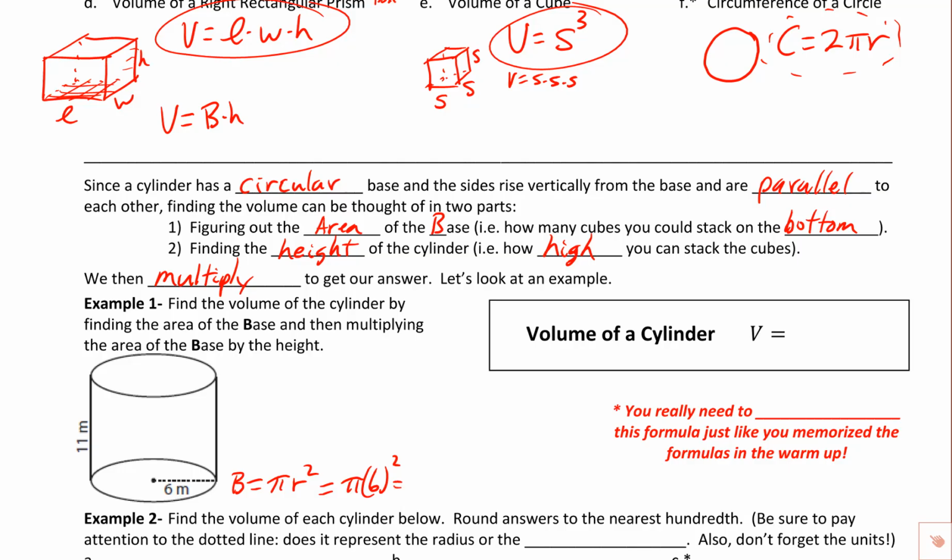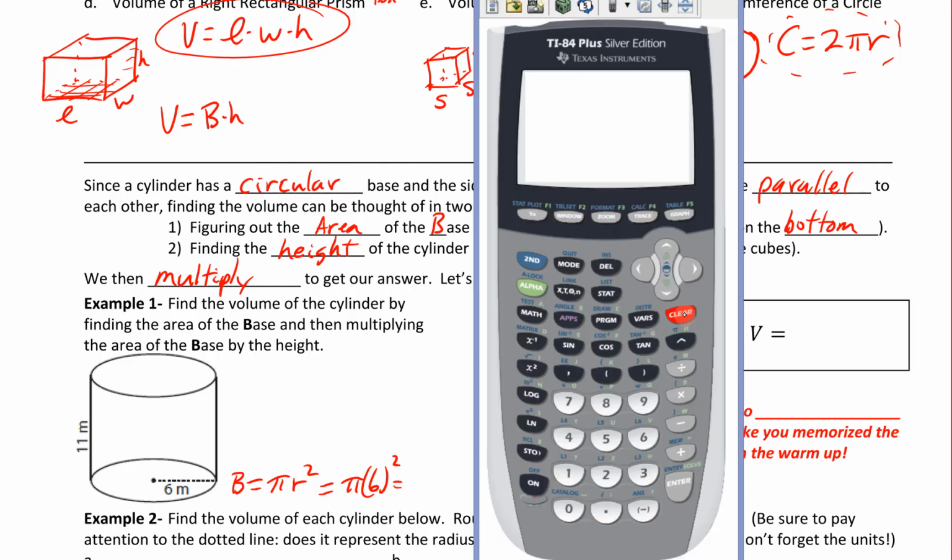I'm going to grab a calculator here. So I've got the calculator up. We're going to go ahead and do pi. On this calculator, pi is right here, above the caret key, and you'll notice that it's in blue. So let's go ahead and hit second pi, and then we're going to do 6 squared. I am going to put that in parentheses. That's just a good habit to be in, although you could get away without the parentheses. So we've got pi times 6 squared, and we get this,